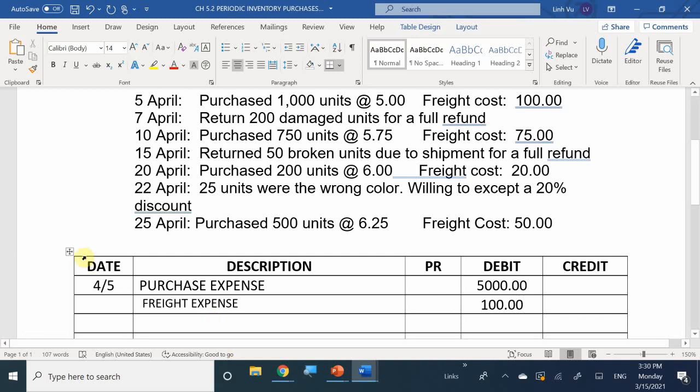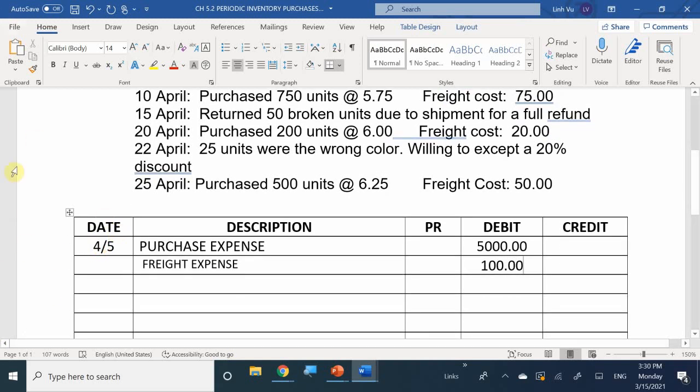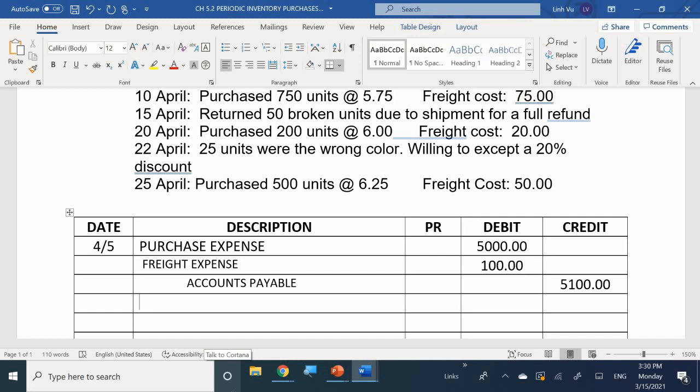Then under that, you would indent for accounts payable, a total of 5,100. Good. For 5,100. Excellent. And on this one, I'm going to make a note here, because in this case I'm making a bunch of purchases, but at the same time, I'm also making a lot of returns. So I want to make sure that I note that I made purchases,